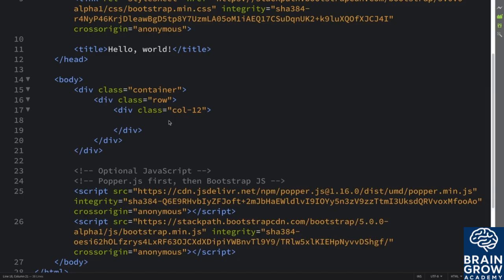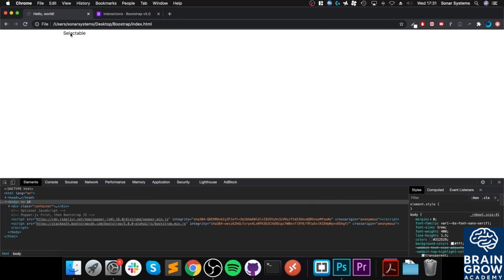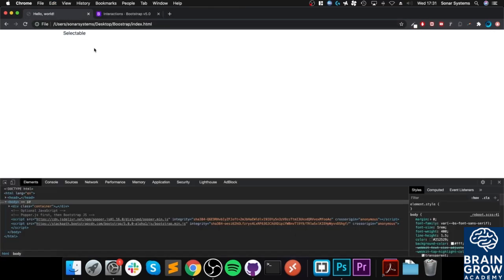Okay, so let me put a p tag. It could be any sort of element you want, and I'm going to put the text "selectable" in here. If I reload, as you can see, I can double click it, I can select individual characters, and then I could copy and paste it like so. I'm sure you've been on websites where you can't select some content. For me, as the user, sometimes that can be annoying, but if that's the experience you want,